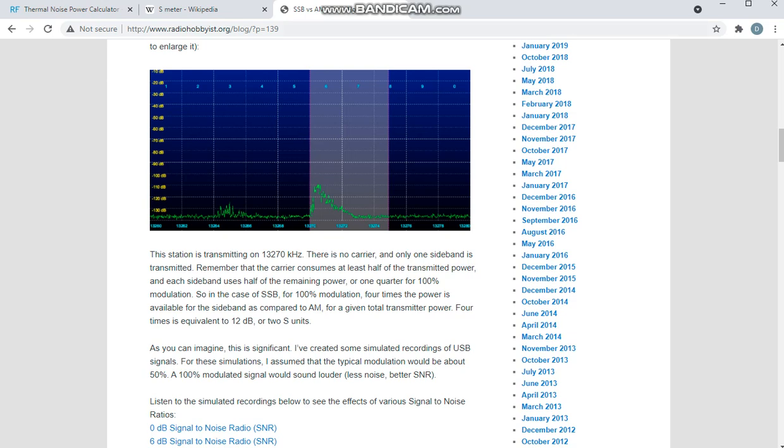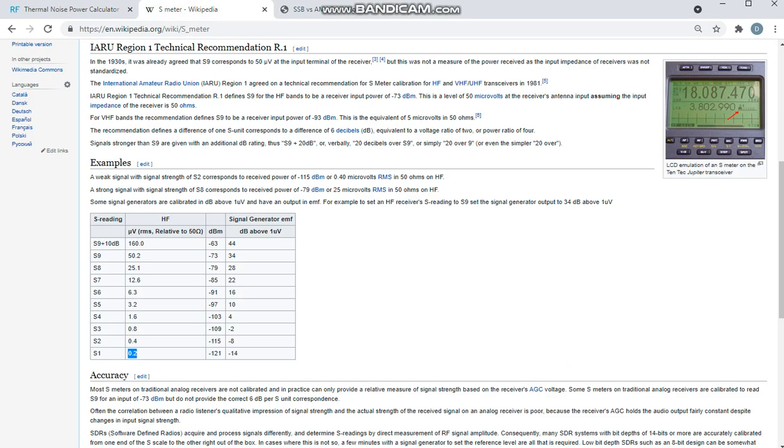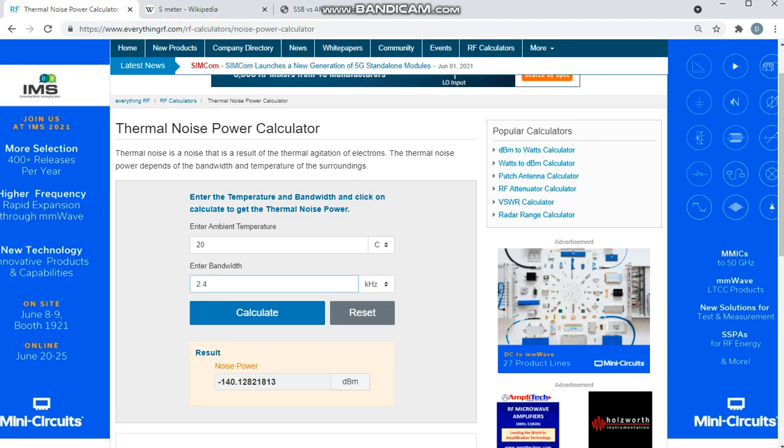So here's another thing I thought would be interesting to bring up, which is the S meter. Okay, so you're talking about the S meter. In dBm, minus 121 dBm. Remember going back here, the thermal noise floor. Minus 121, minus 19. Okay, now on a receiver, that's the thermal noise floor of just